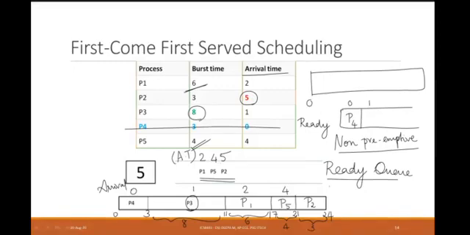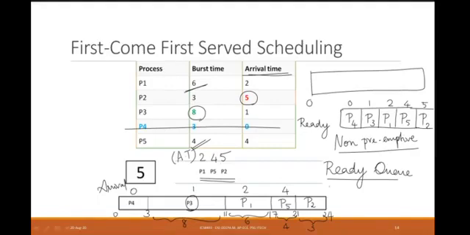At time 1, what happened? I had my next process P3 coming in. So these are the times which are associated with every process. The processes are named from P1 to P5, and now P3 came in at time 1. Next, what is the process which is coming? At time 2 we have P1, and finally P5 at time 4. Whoever comes first, we are going to put onto my ready queue. And at time 5, what is the process? P2.